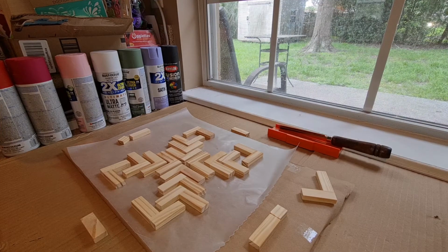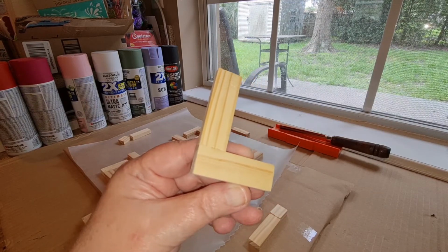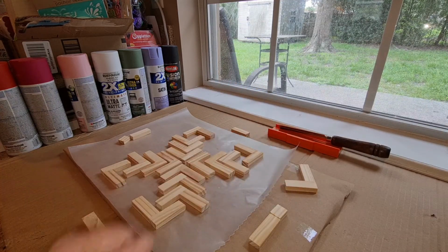Okay guys, I'm back, and all of my little L-shaped blocks have been glued and dried, and I've been playing around with them to come up with a design because